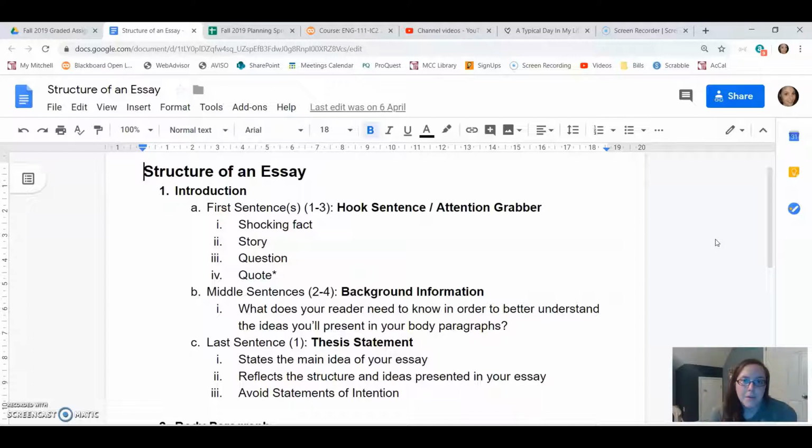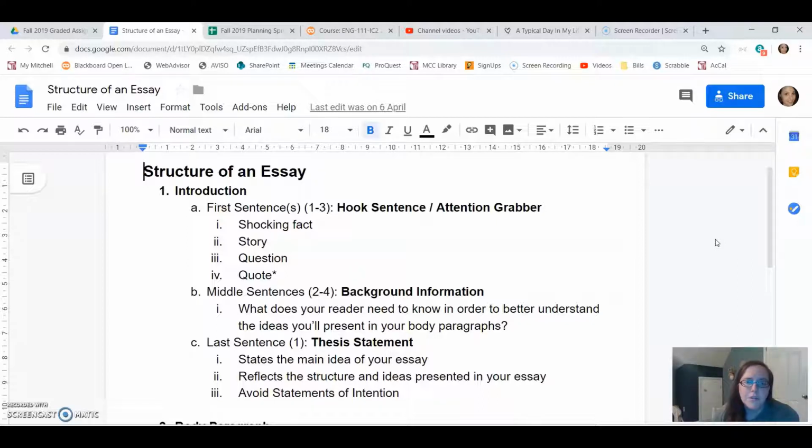So that might not be most effective. A question, though, that you would be able to answer by the end of your essay would be a better style for your essay. I can't think of one off the top of my head for this kind of day in the life of me personal narrative, but there are absolutely questions out there that can be effective.